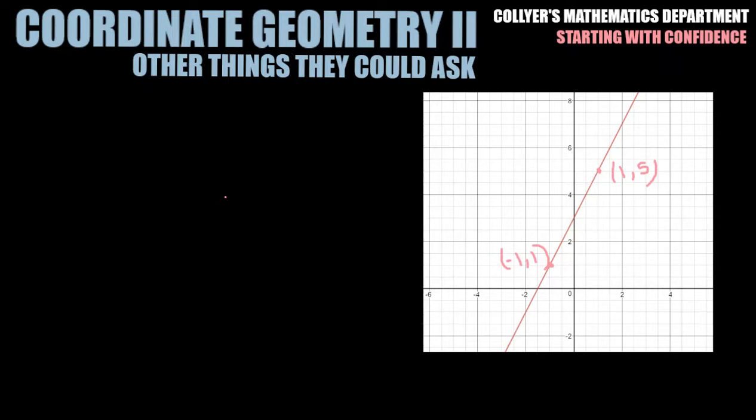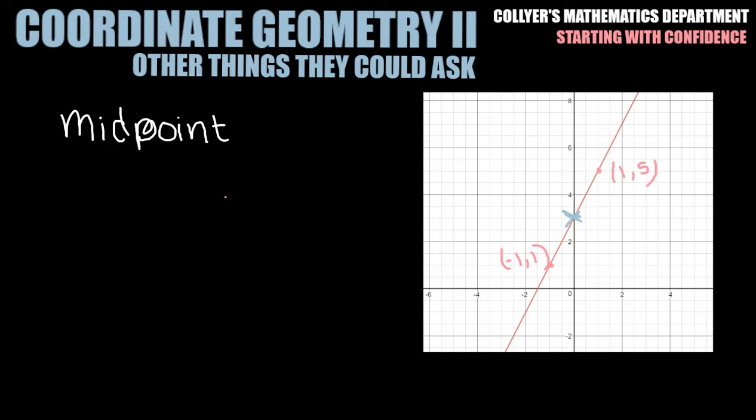So just a few more techniques that you might need for coordinate geometry that you will have learnt at GCSE, but you'll certainly need them as basic fundamental knowledge for A-level. The first one of those is the midpoint between 2 points. On our line here that we had previously, we can see where this midpoint is going to be. But what we need to do is develop a method that will work